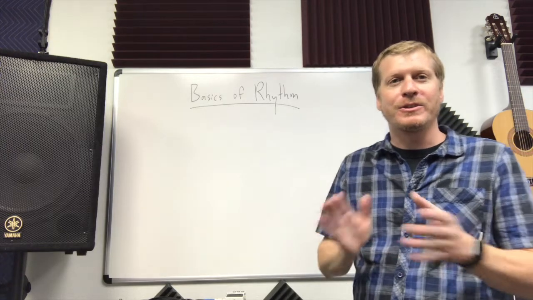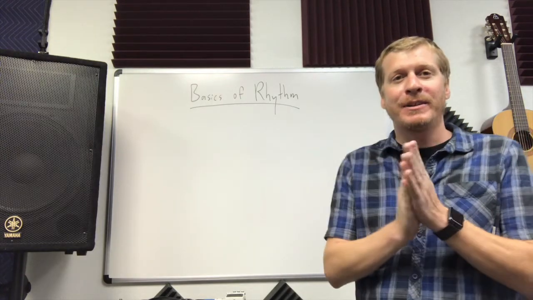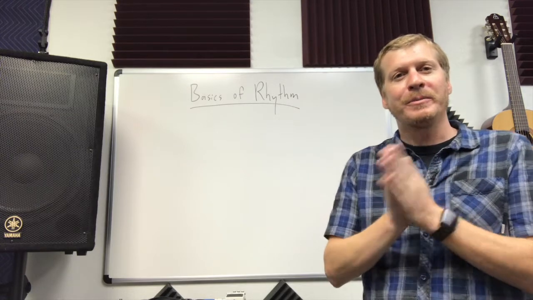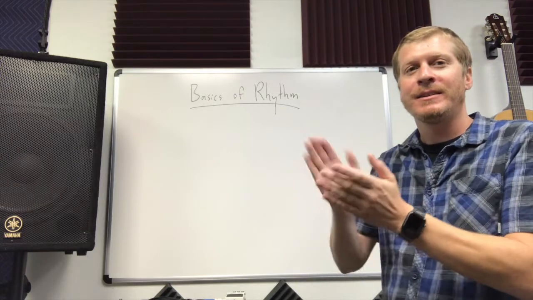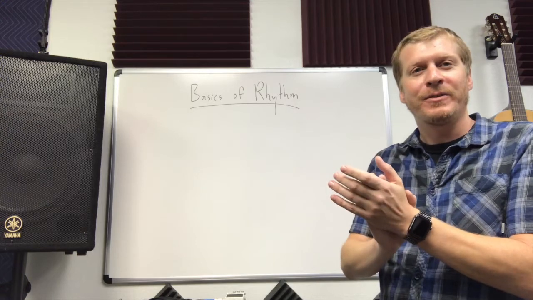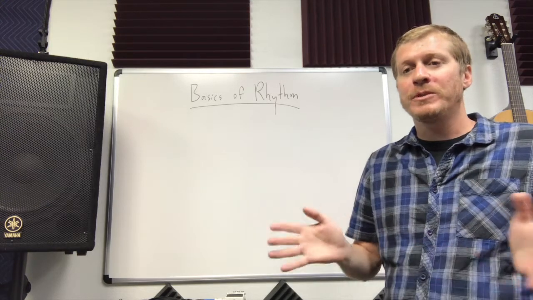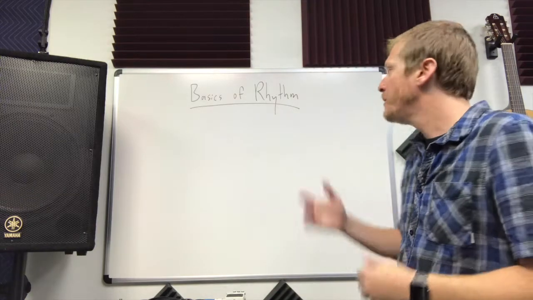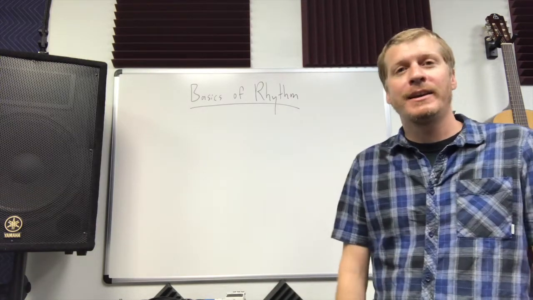work against each other. So for example, if I were to clap this, that would be one rhythm. If I were to clap this, that would be a different rhythm, right? So we have music, some music can be faster, some music can be slower, that's known as tempo, but we're going to start off with the very basics of what rhythm is and how to think of it from the